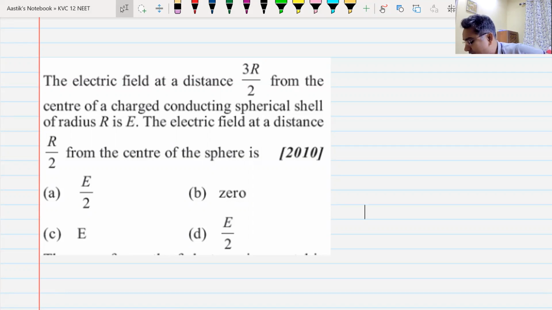The electric field at a distance 3r by 2 from the center of a charged conducting spherical shell of radius r is E. What is the electric field at a distance r by 2 from the center of the sphere? At a distance of 3r by 2, electric field is E. What will be the electric field at the center of the sphere? At a distance r by 2 from the center of the sphere. And the answer is